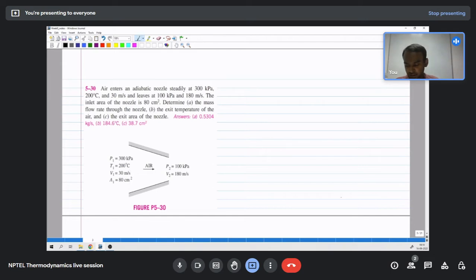Determine the mass flow rate through the nozzle, the exit temperature of the air, and the exit area of the nozzle. So at inlet we have been given all the conditions, and at the exit we are given only the pressure and the velocity. So to calculate the mass flow rate through the nozzle, we have m dot